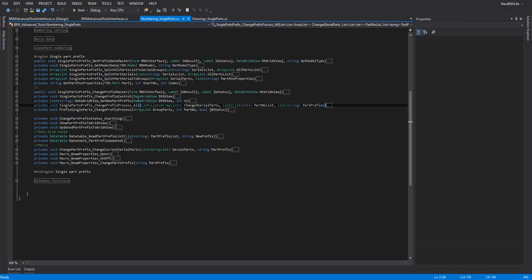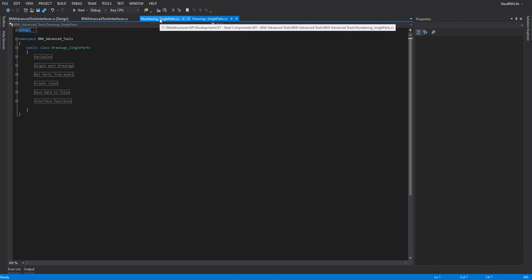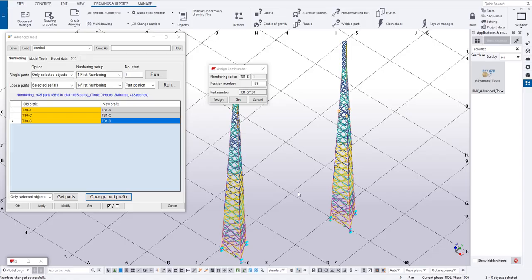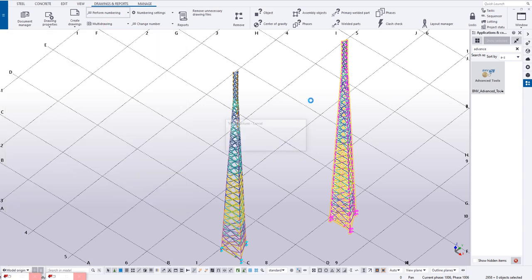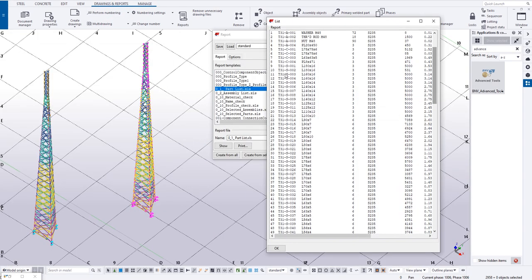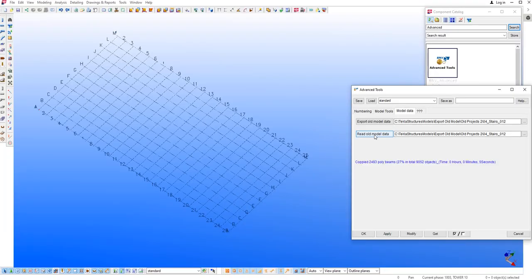If you want, first for numbering, for copy model, and also for drawing, more and more automation, and that makes it easy to control almost everything. Yeah, that's finished for our side and change prefix for you. You perform the numbering and select numbering to get the update. Yeah, now our prefix changed from 30 to 31 and keeps the other position numbers the same. Looks very nice. You can use the tool for other similar structures.